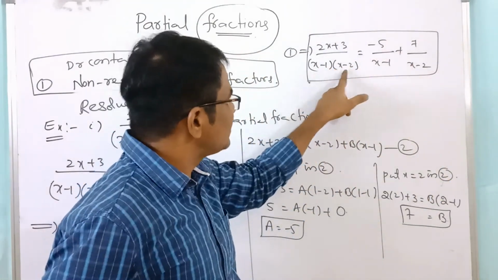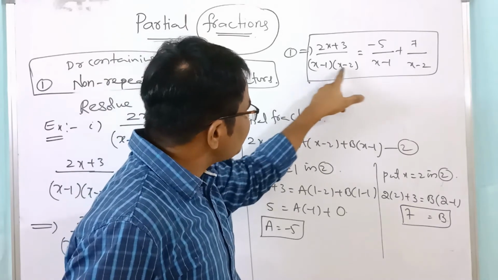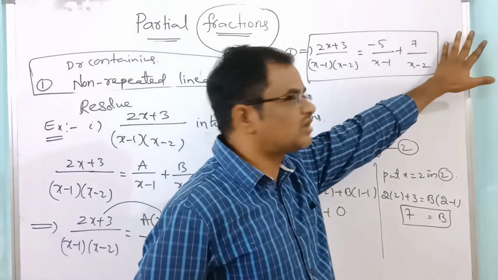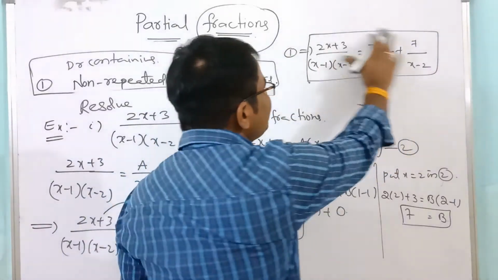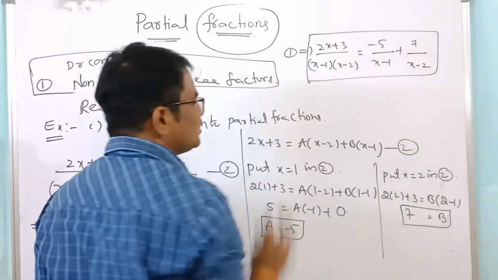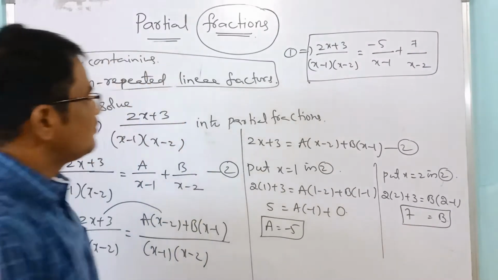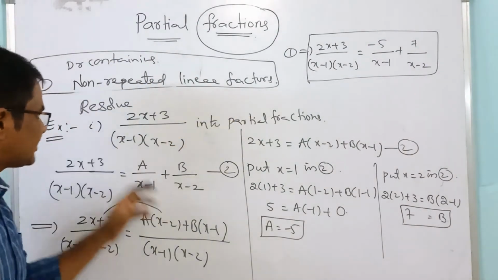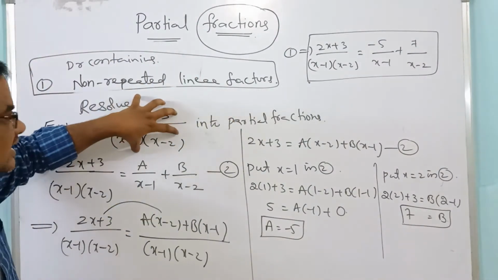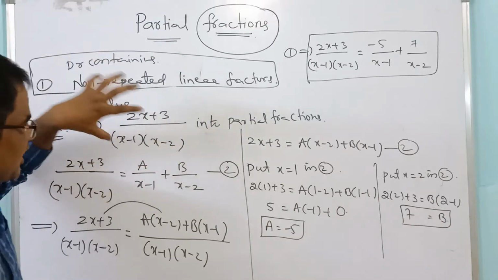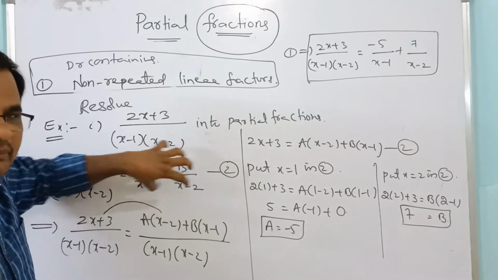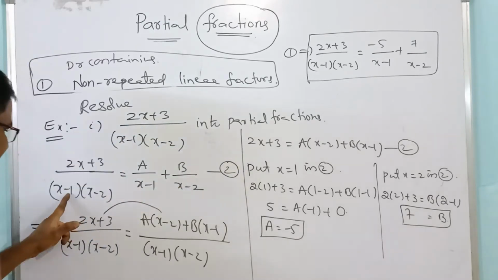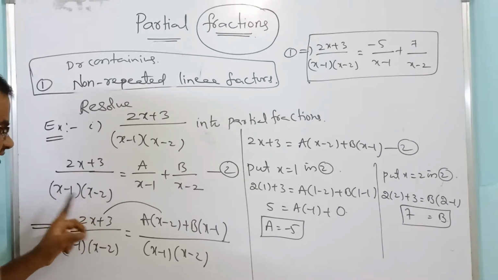Here two proper fractions are there, which means the sum of the two proper fractions you will get, right? Suppose again if you simplify the right side, this one only you will get. Okay, now once again listen to what you did here for this one. This is the given proper fraction. This proper fraction again we have to resolve into a sum of two proper fractions. For that what do we have to do? Here linear is the denominator. So the product of two linear factors is there.